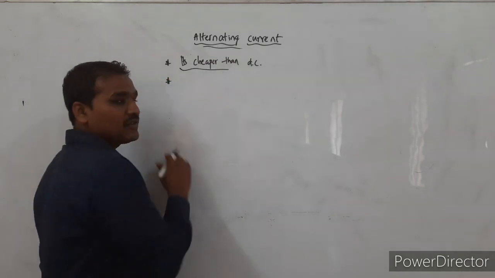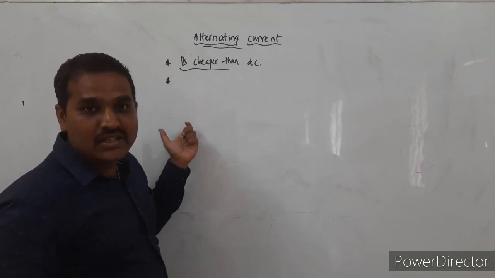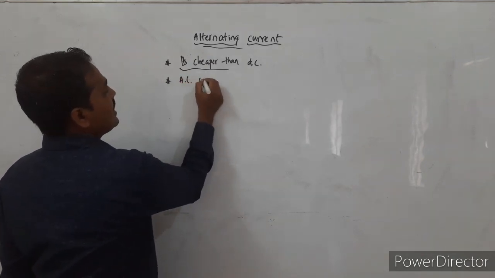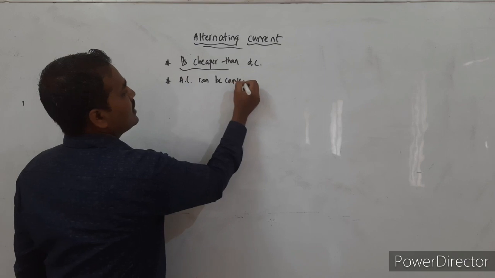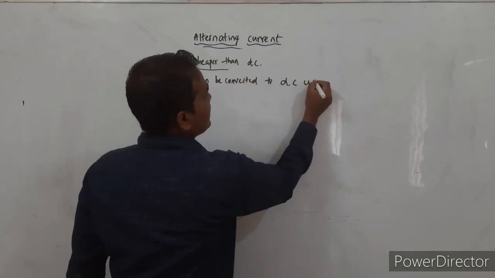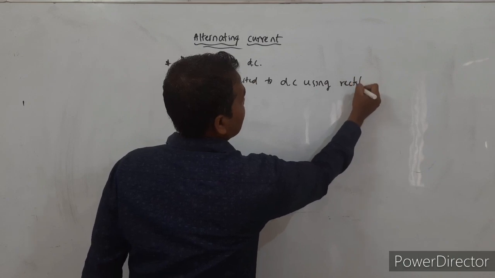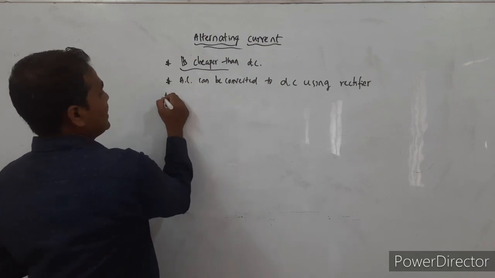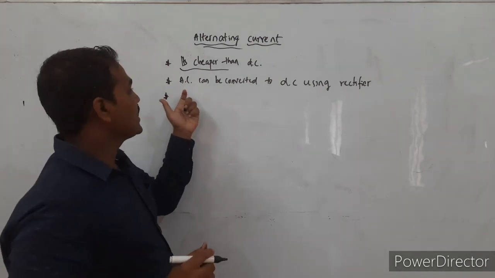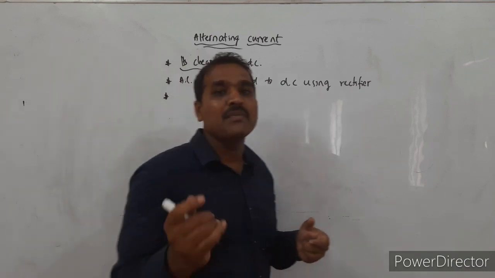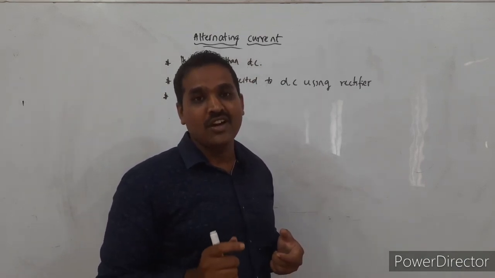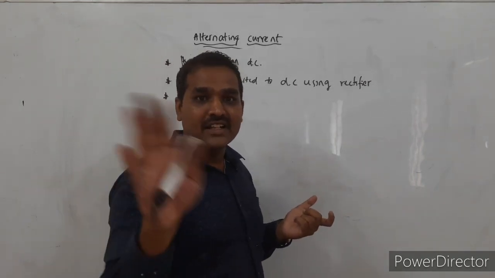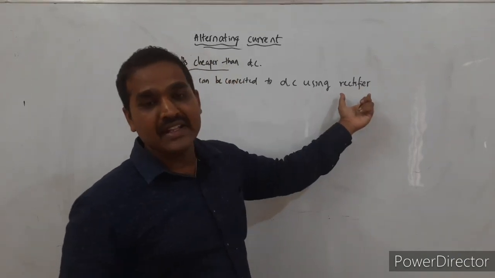Yes, then even if you want to use DC, we can convert AC into DC easily using a rectifier. Yes, AC can be converted to DC using rectifiers, that we shall see. So that process is very easy. Even if you want some DC, you can easily convert AC into DC. The mobile battery chargers that we are using in homes, adapters, all those are the devices in which 230 volt AC is converted into a very small quantity of direct current voltage.